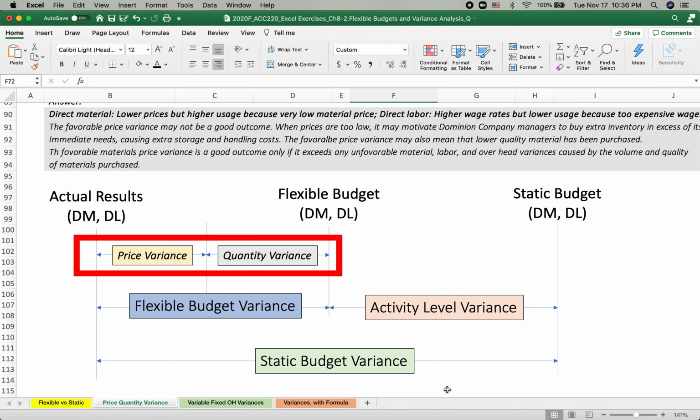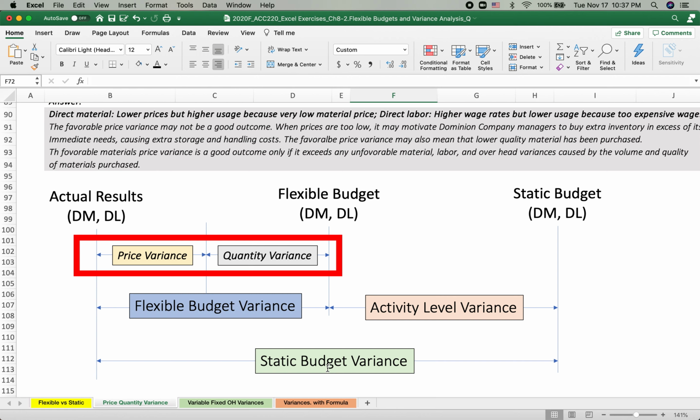Hello students. Now let's practice the price variances and quantity variances. What we have studied is how to analyze all the variances, starting from the actual result, the flexible budget, and the static budget. The difference between the actual result and the flexible budget is the flexible budget variances, and the difference between the flexible budget and the static budget is the activity level variances, and the sum of these two variances is the static budget